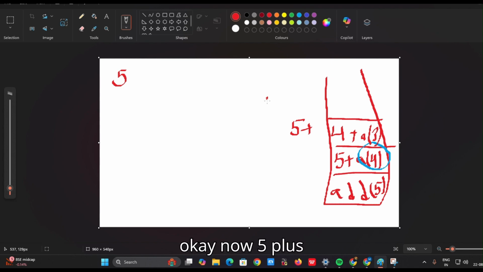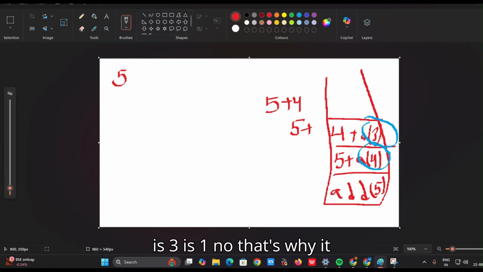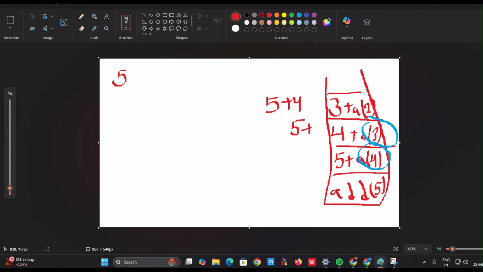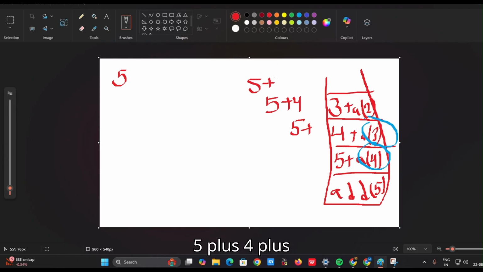Okay, now 5 plus 4 plus add of 3. Is 3 equal to 1? No, that's why it is 3 plus add of 2. Now what is the updated one? 5 plus 4 plus 3 plus